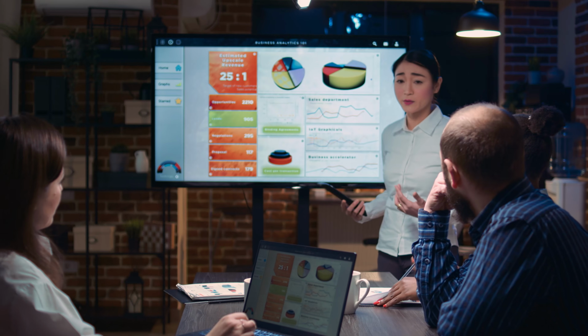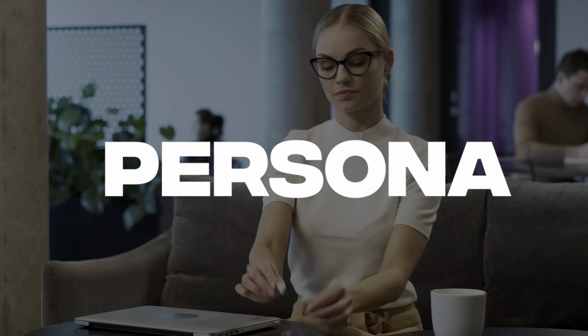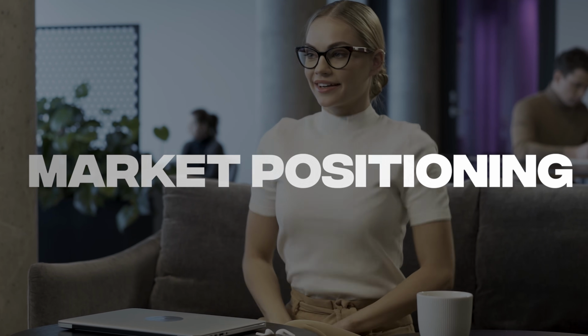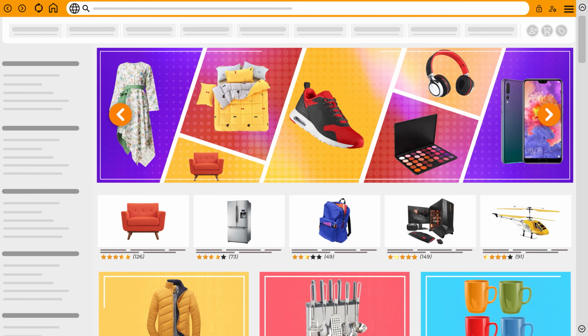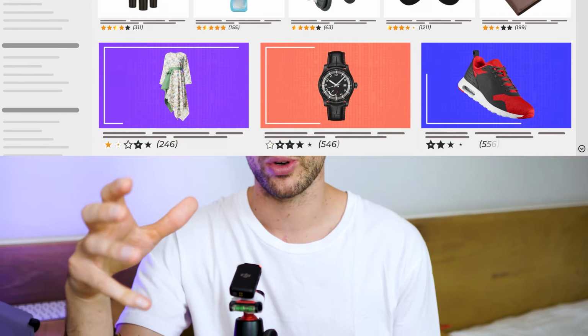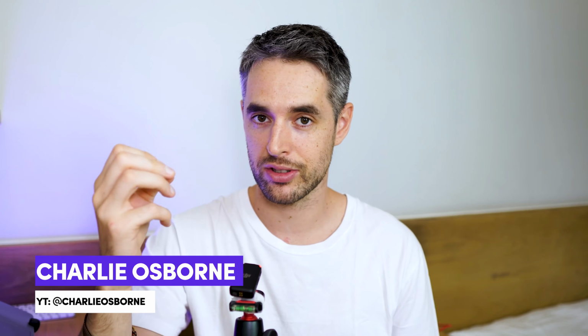Have you ever found yourself in a situation where you finish the strategy workshop with your client, you've got all these amazing insights about their business, about their personas, keywords, market positioning, but how are you actually meant to apply these insights and translate them into a web design? Well, this is actually something that many designers seem to struggle with, which is unfortunate because applying strategic thinking to